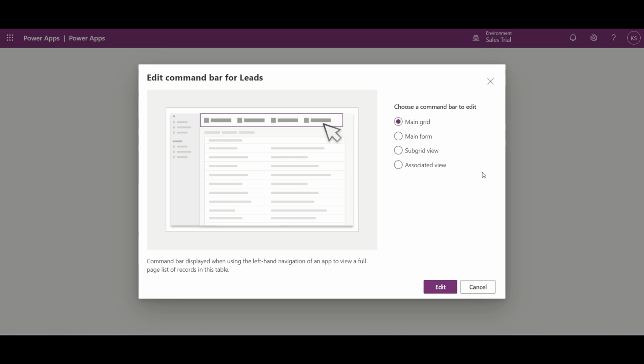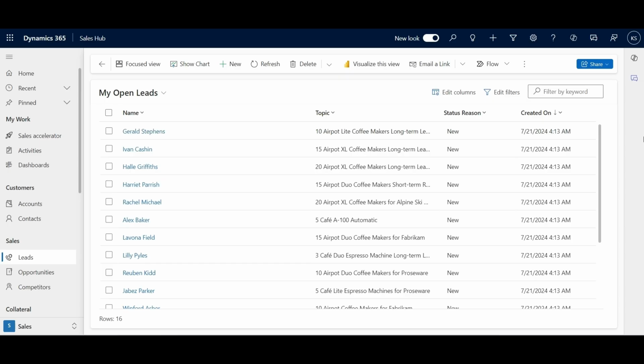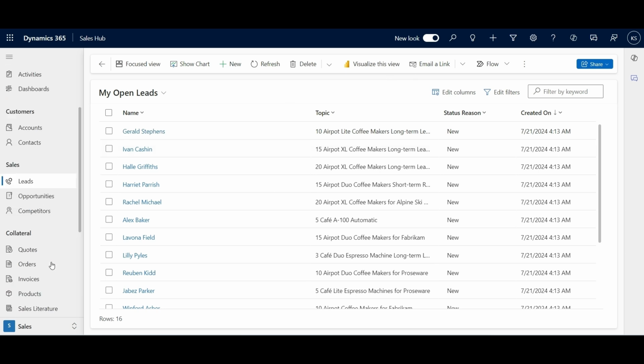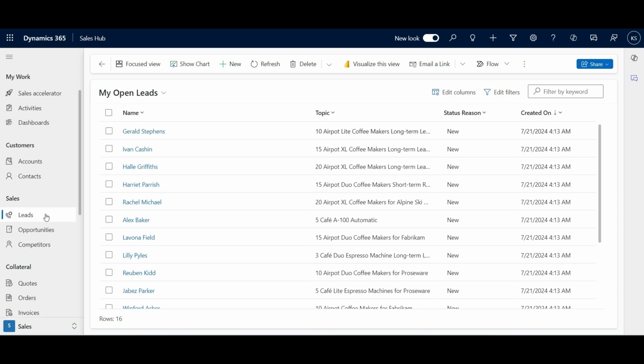Before jumping to which command bar we will be working on, we should first be clear about what these different command bars are. So here I am on my leads table. You must have seen commands or actions throughout the model-driven app. What you can see on the screen is the command bar on the main grid. Here we have multiple options for buttons like New, Refresh, Delete and many more. When you view a list of records with the help of navigation, by clicking on any one of these tables on the left-hand side, that is on the sitemap, you get a command bar on the main grid. And if I open a particular record,